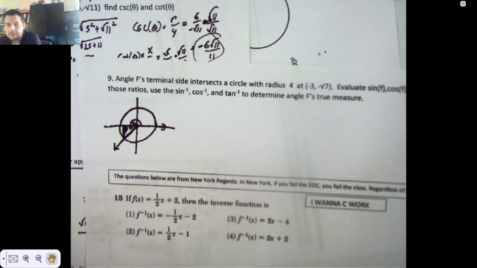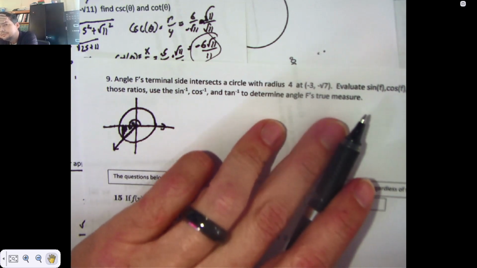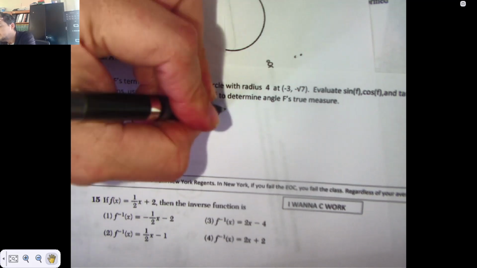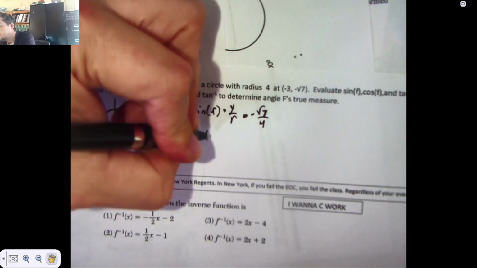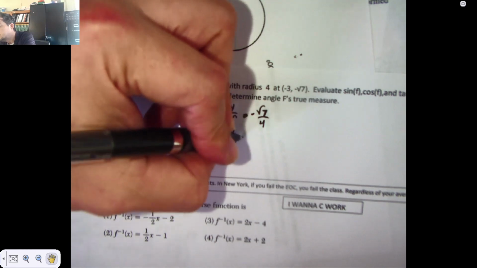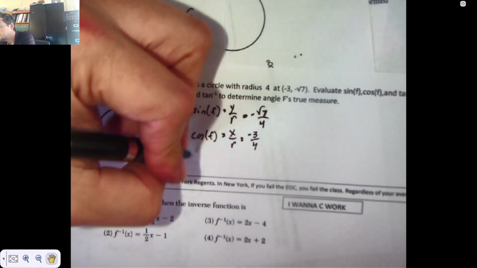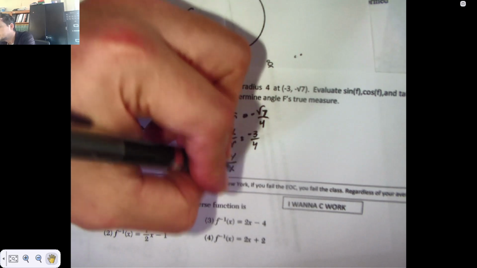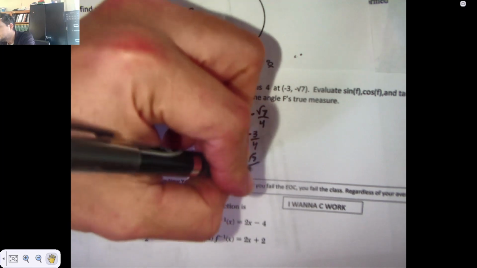There's the original angle. It stops right there. I can use the circular approach to these. If I want the sine ratio, I would do y over r, which is negative root 7 over 4. If I want the cosine ratio, I would do x over r, which is negative 3 over 4. And if I want the tangent ratio, I would do y over x, which is going to be negative root 7 over negative 3, which is root 7 over 3 because the negative